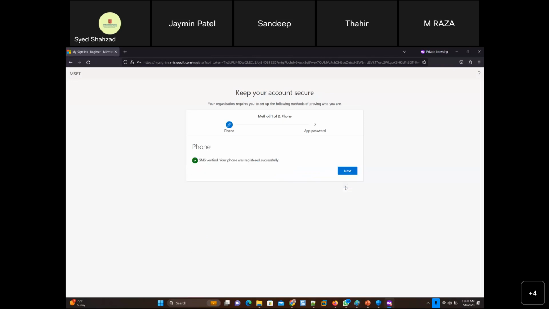Let me log in and open the email and check next to the app password. Start by creating a name for your app password. This will help differentiate it from others. What name would you like to use? Minimum characters 8, app password. Okay. Your organization requires you to set up the following methods for proving who you are. I think Adele was part of that conditional access policy that we created. Okay, so that password could be small abc, capital C, 123. Are we good? No, we're not good. Required length is 8 characters.